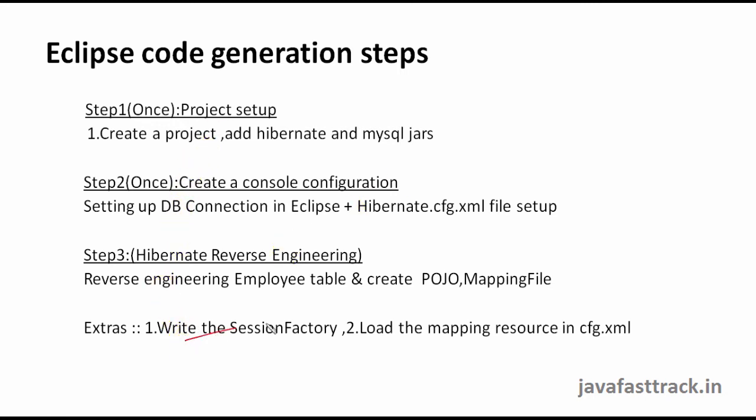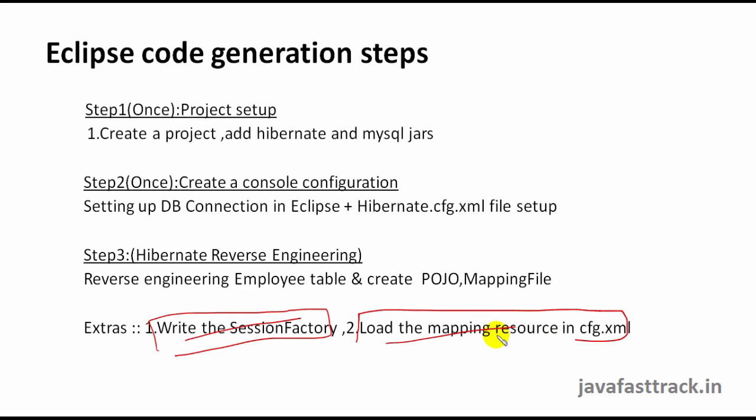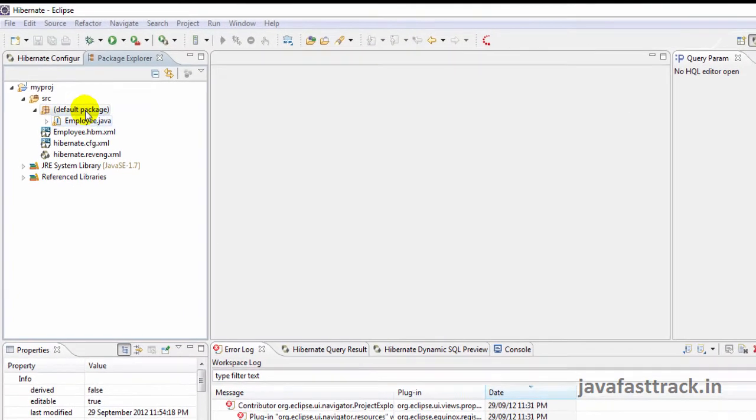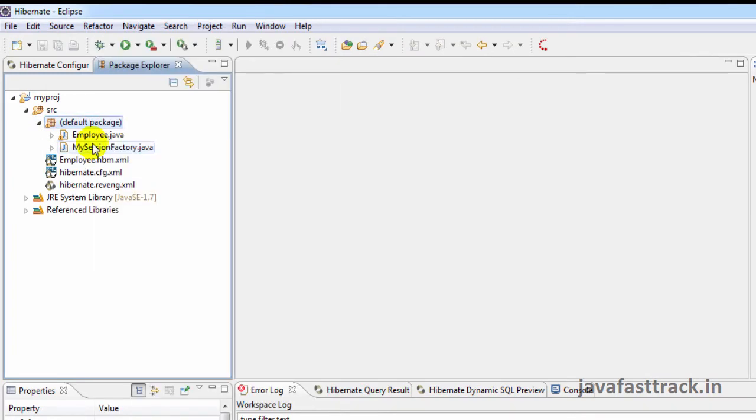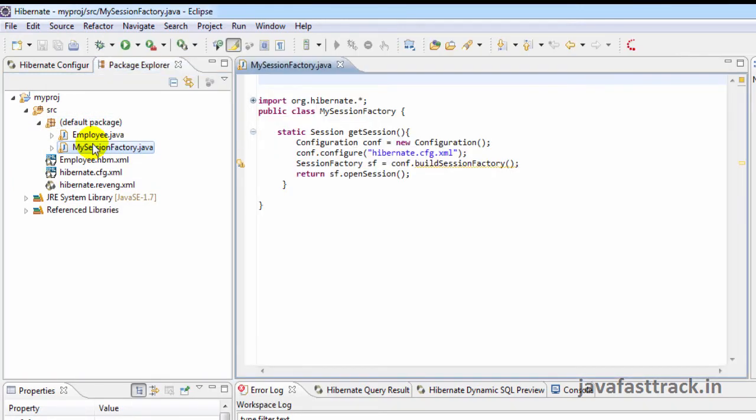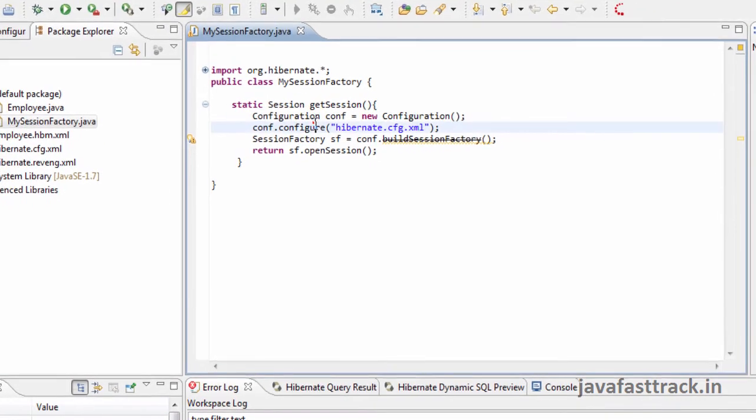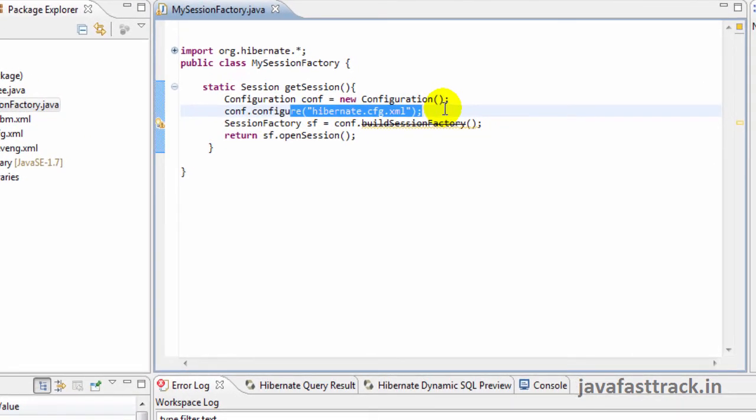You have to write the session factory and then load the mapping resource in the configuration file. I'm not going to write the session factory; you can copy the session factory code from somewhere. Then you load the mapping resource in the configuration file. I'll perform both the steps. I copy the session factory class from somewhere and paste it here. The session factory loads the Hibernate configuration file